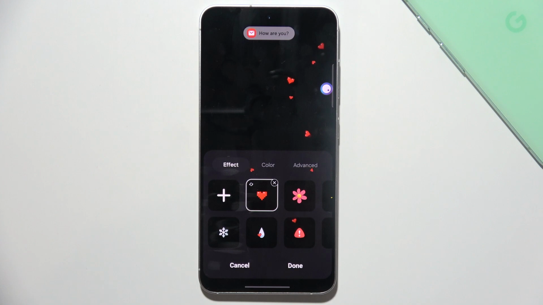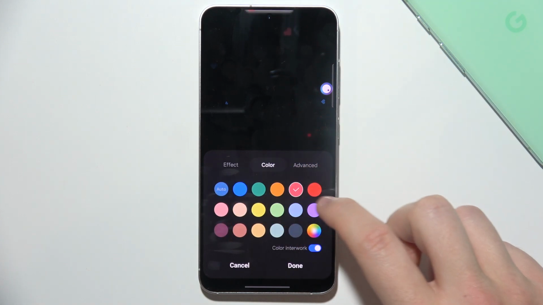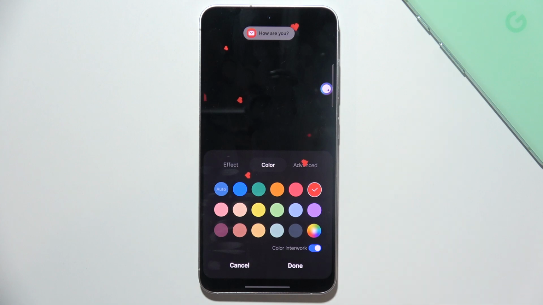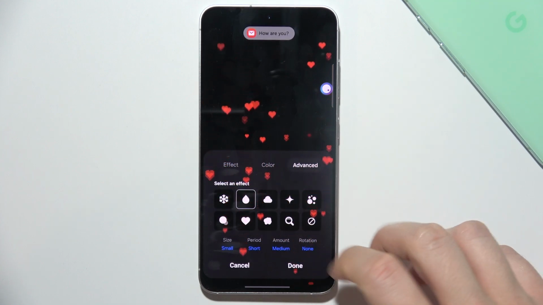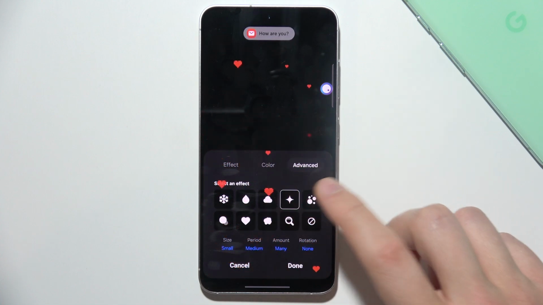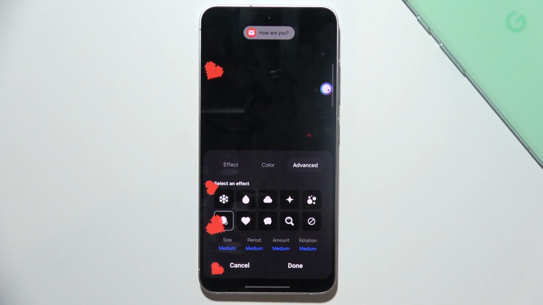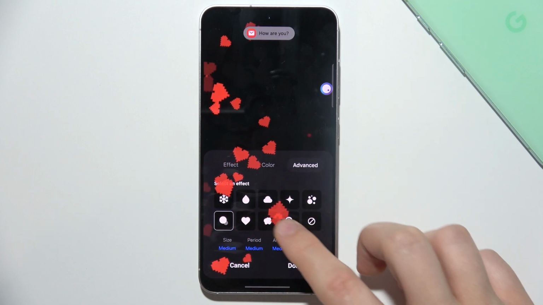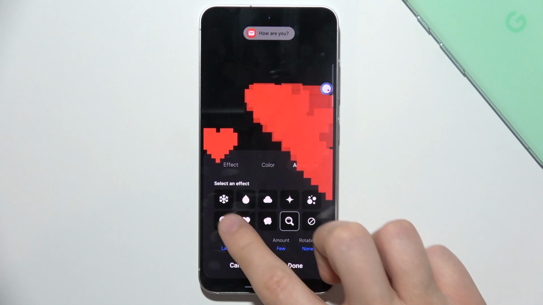Let's get this one, for example. And here we can change color. Maybe I will stay with the red one, and some advanced settings, like you can select an effect. There we go, like this one, this one, this one. So yeah, this one looks pretty cool, and here we can find an additional one, but I will go with